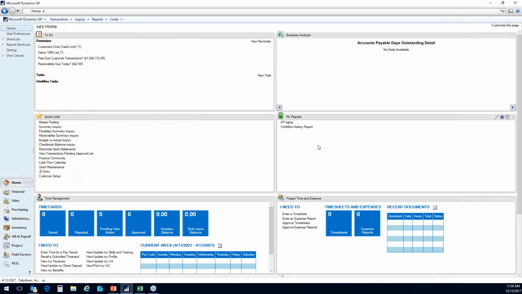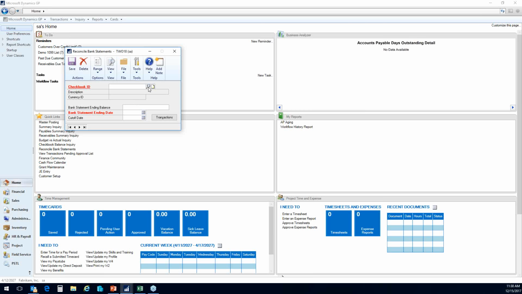So those things that you kind of quote print, whether it's screen or paper, you would pull onto your home page so that with one click you can get to that information. The quick links are exactly that. So those are menu choices that you work on every day. And so if you reconcile the bank account every day,